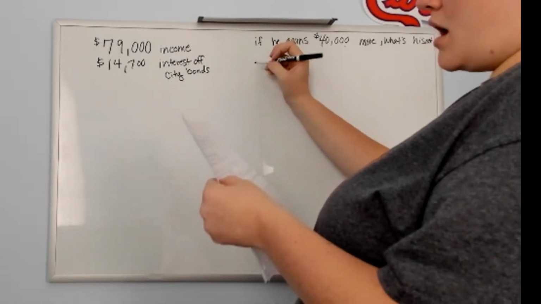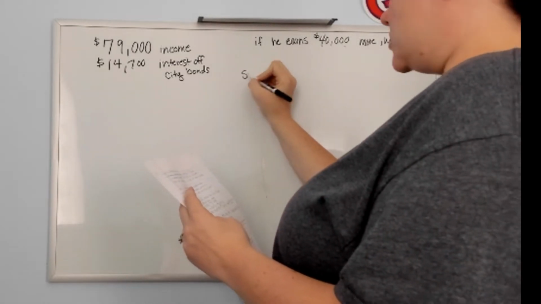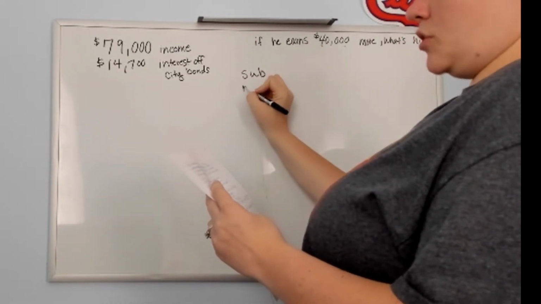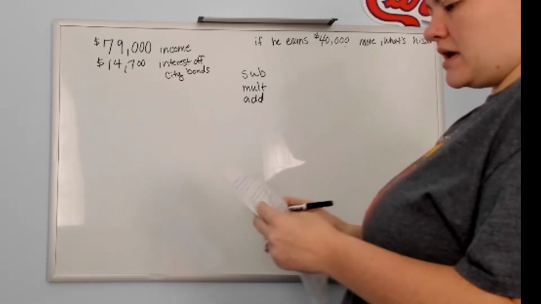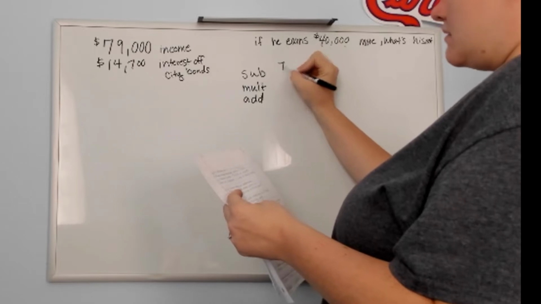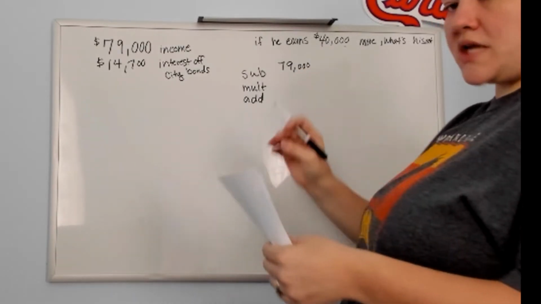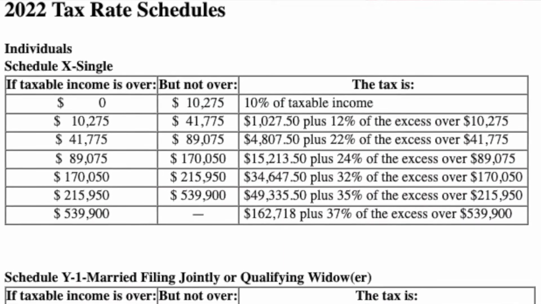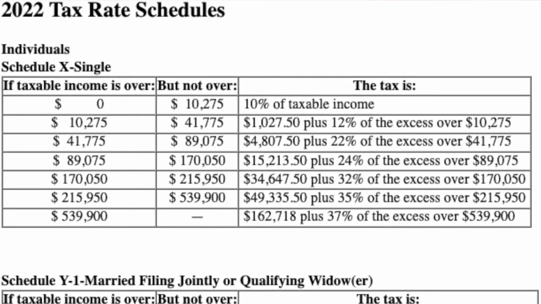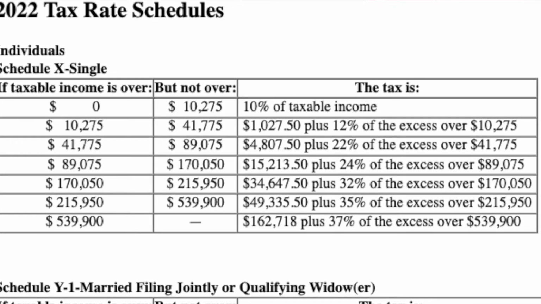We're going to use that same method: subtract, multiply, add. We're going to go back to our table and pull up that tax information for the single payer,